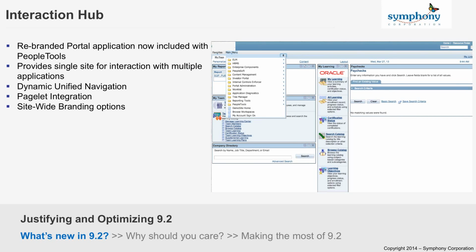One of the things that we like to talk about with 9, this came with 8.5.2 tools, was the ability to deploy the portal application as a place for single sign-on for unified navigation between your finance, your HCM, your learning management, all of your PeopleSoft applications. Oracle has now delivered what they're calling the Interaction Hub, which is the old portal application, as a free limited license with PeopleTools 8.5.2. You can really take advantage of this unified navigation as part of your upgrade to 9.2 across the application,